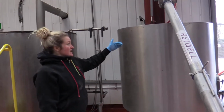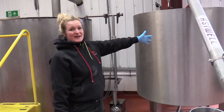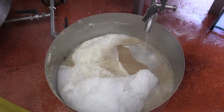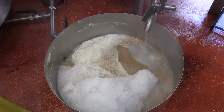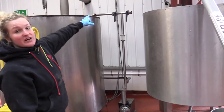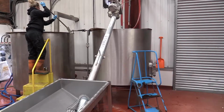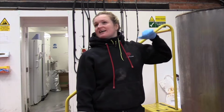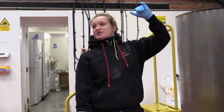So we're going to then transfer the wort that's been in the mash tun for an hour into this, which is the underback. Obviously it's already been transferred, so that's why there's some residual grains in there. And then it transfers up into this, which is the copper. It's heated with electricity, and now the purpose of this process is to bring it up to 100 degrees, hit